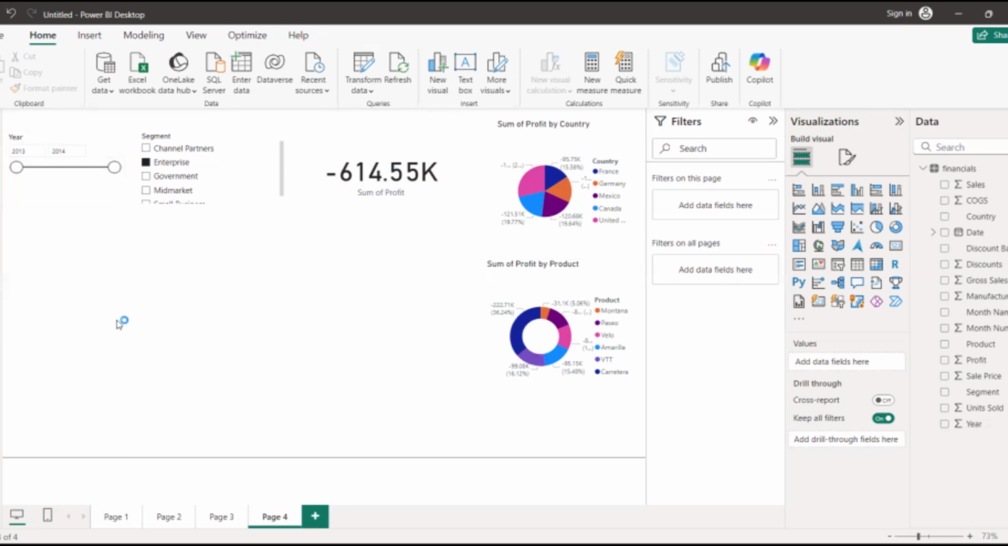So when we are seeing these reports, we get one idea: where we are in loss, where we are generating more revenue and more profits, in which country which product is selling more. Like that, we are preparing these reports. So according to the data, guys,